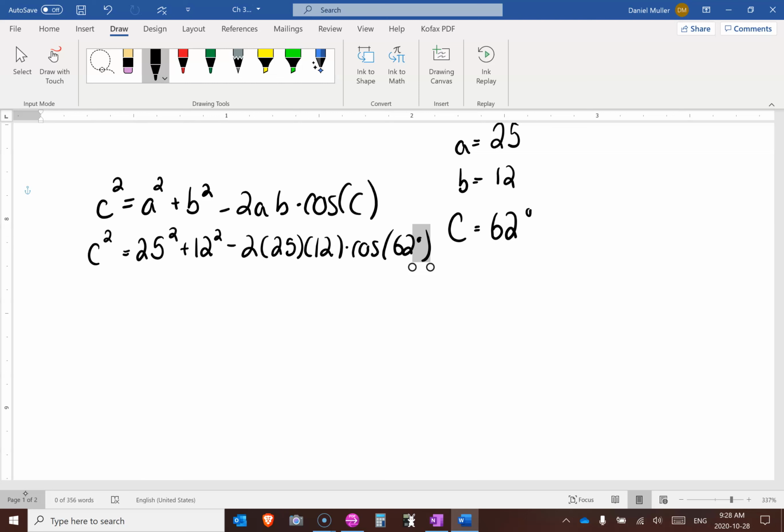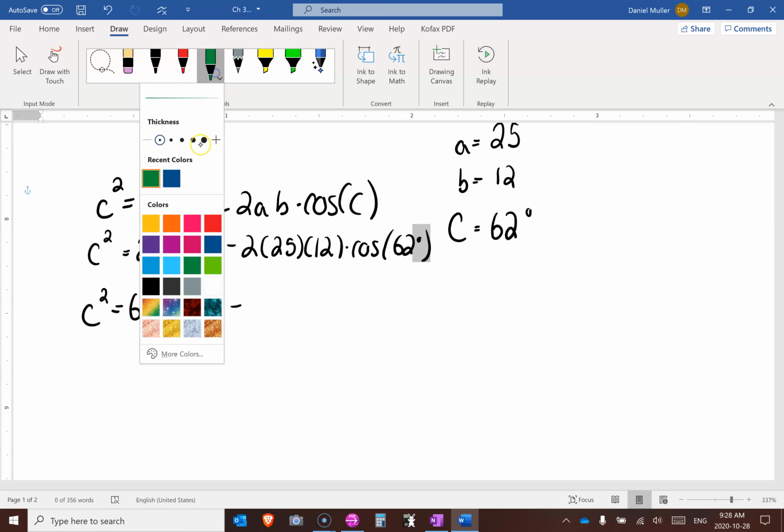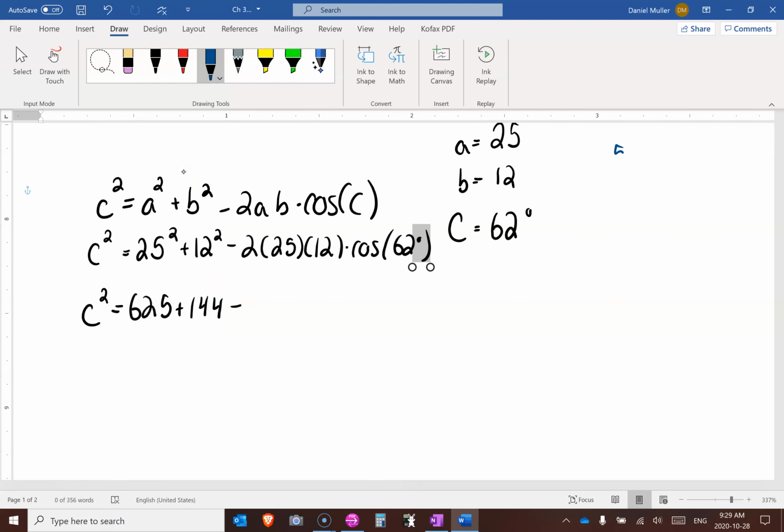12 squared is 144. 2 times 25 times 12 times cos of 62 degrees. Okay, so then let me just write down here. That was 625 plus 144 minus 2 times 25, which is 50, and 50 times 12. Now, I don't really know what 50 times 12 is. I'm going to put the 50 on the bottom, because that way I have a 0 in the corner here. 0, and then 5 times 2 is 10. 5 plus the 1 is 6, so 600. Okay, so this is 600